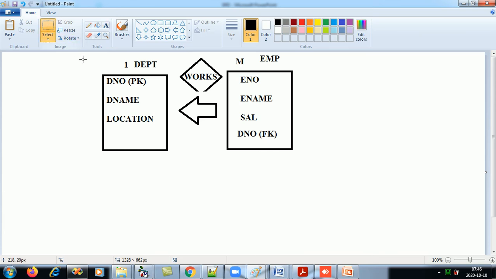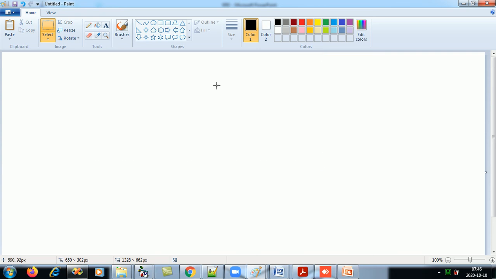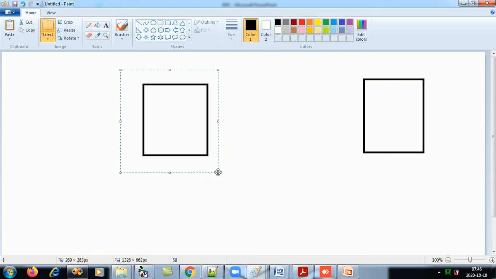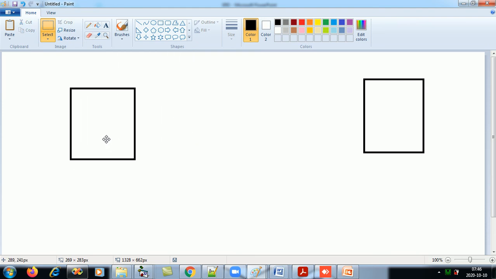If you have to do many to many, so many to many is bidirectional. Look at this relationship, actor and movie. They are two entities: I have the entity actor and the entity movies.